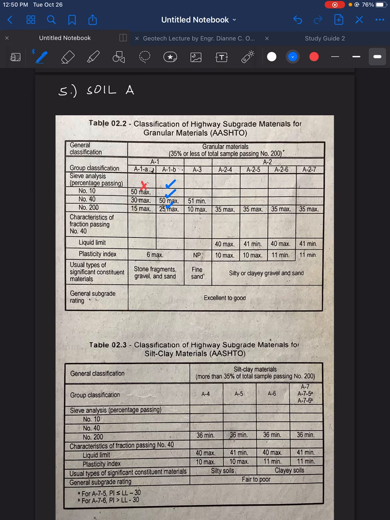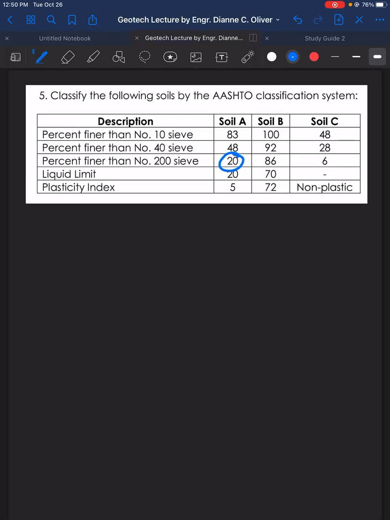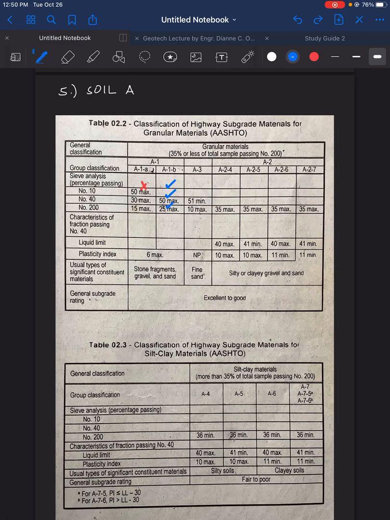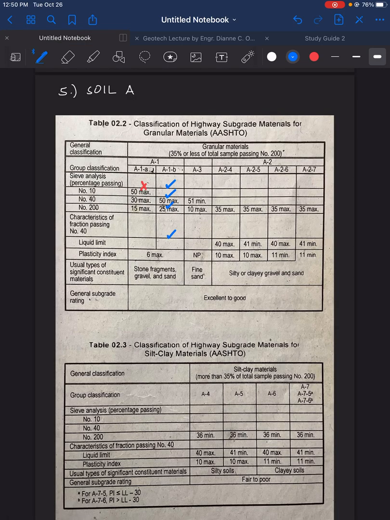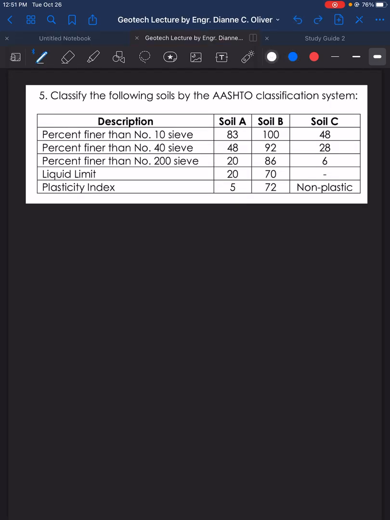Then, let's go to the plasticity of the soil. For the liquid limit, we have 20. So, yeah, it's blank and it's acceptable. Then we have plasticity index of 5. Plasticity index of 5, 6 max. So again, it is correct. Therefore, the soil here, for soil A here is,